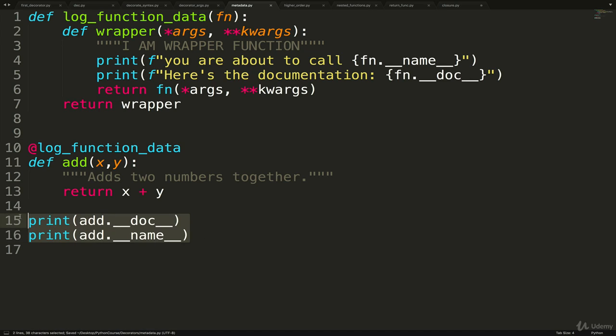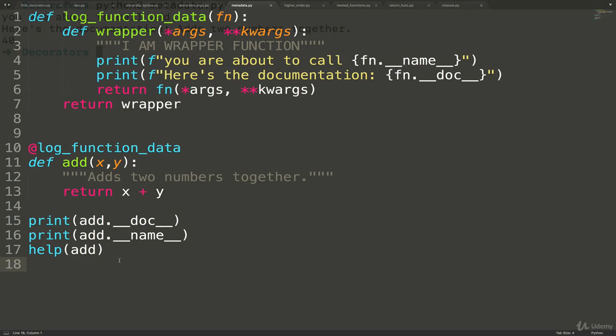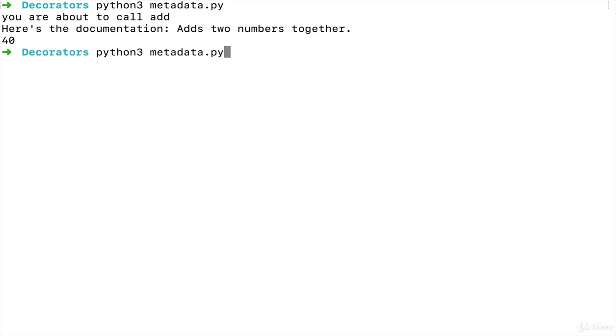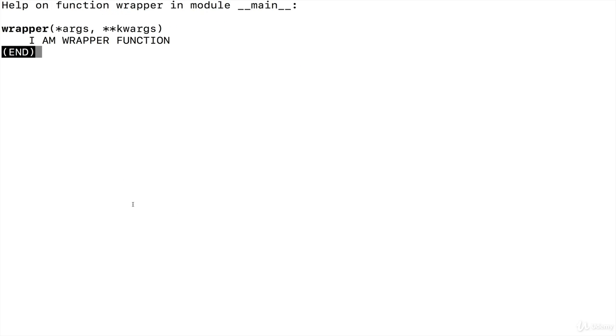All right, so if I try and refer to this after the fact, I'm trying to debug something. Maybe this is a library I've written that somebody else is using, and they're trying to understand something, and they want to get the doc string, or even if they tried to do help on add, just like we did with term color. When we downloaded it, we wanted to immediately run help on term color to see how it worked. Well, with the way our decorator is set up, this is what we get right now.